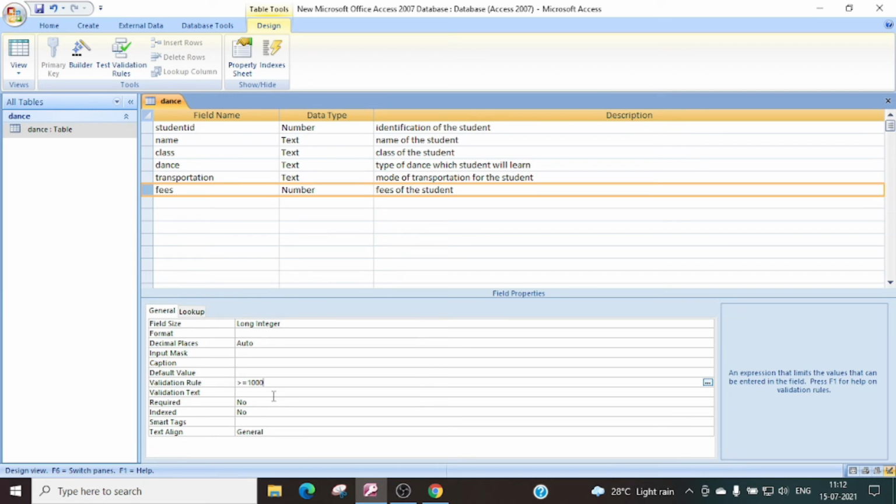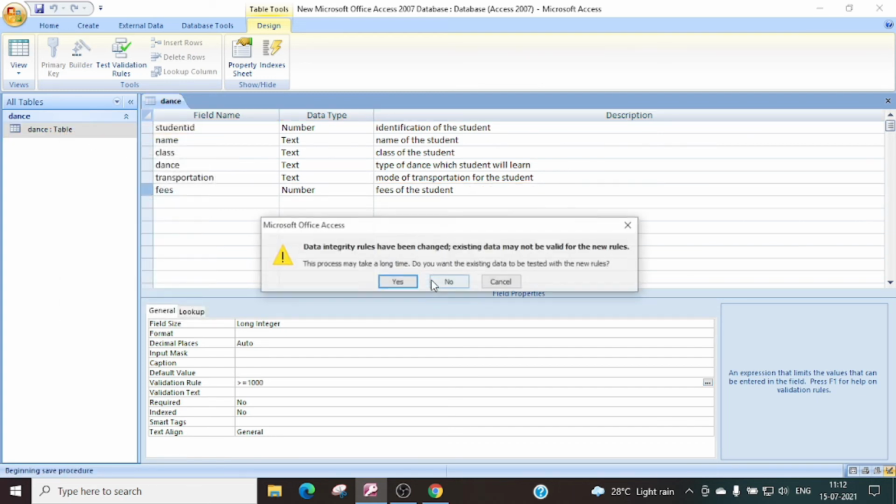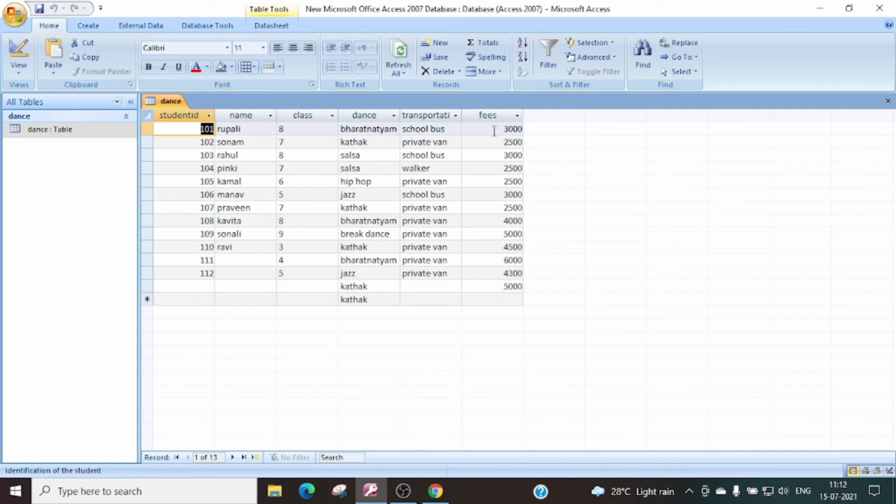The third chapter is also MS Access, and here we will learn the more options given in tables and forms. Here you can use the find and replace feature in a table. Suppose I open this database here. This is the database. Now if you want to use the find and replace feature, then you can use the find option.